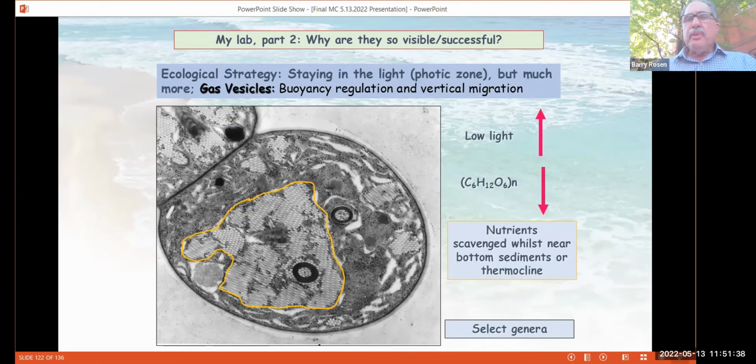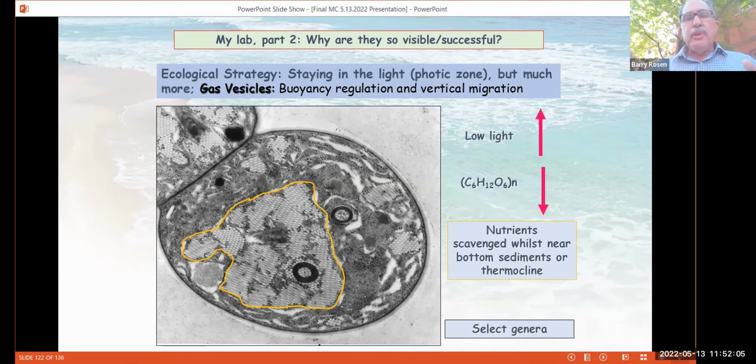So part of the reason cyanobacteria is so successful is that they can regulate their own buoyancy in the water column. Not all of them can, but let's just say most of them can. Microcystis can. This is a Dolichospermum on the left. They've got this structure called the gas vesicle. Again, as a bacteria, they don't have membrane-bound organelles, but they've got this proteinaceous structure that holds gas, and they